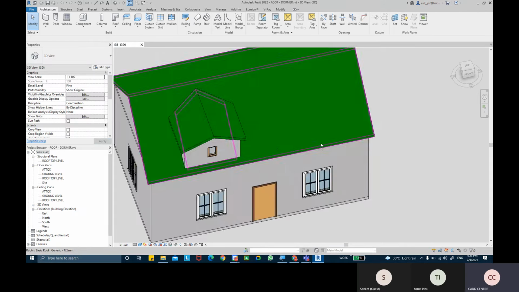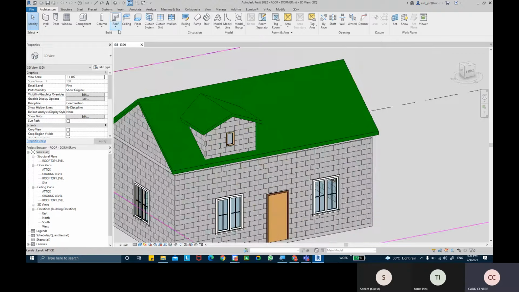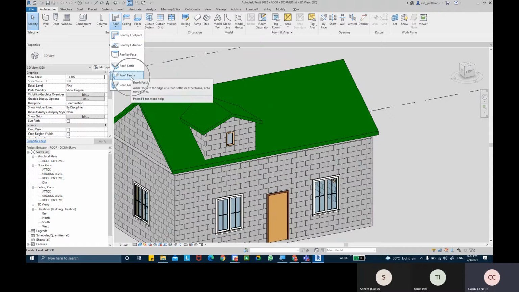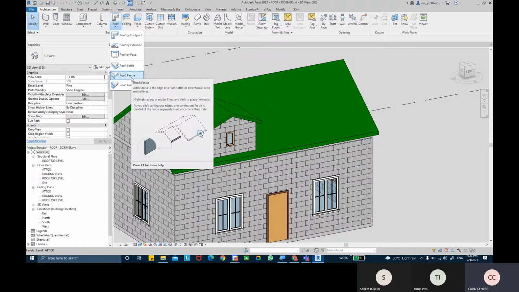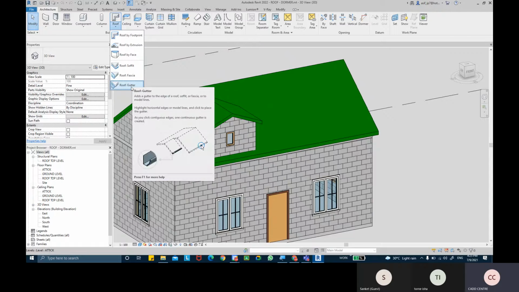So when you go into the roof command, we have the other three parts of roof: the soffit, the roof fascia, and the roof gutters. I'm going to start first with the very simple one, which is the roof gutters.